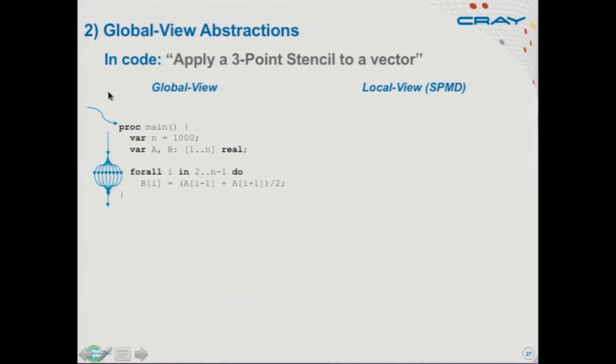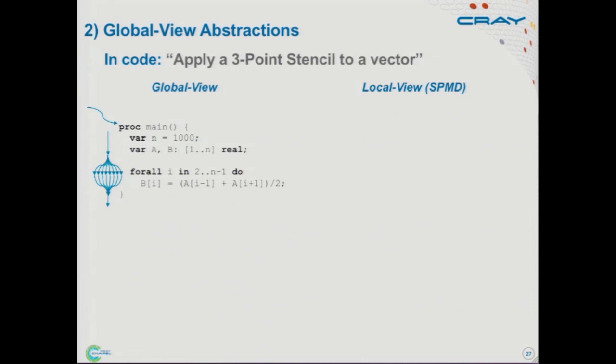When I run a Chapel code, the conceptual model is that a single task is going to start running your main procedure. And then there are features within the language that add and remove parallelism. Like this forall loop, for example, says, execute this loop in parallel. So that'll create parallelism, which will conceptually be destroyed after the loop's over. This is something you saw in OpenMP as well. It's also a global view model of parallelism.